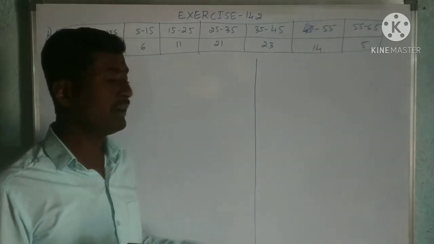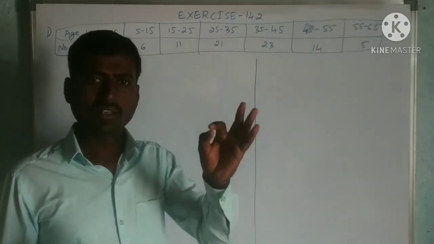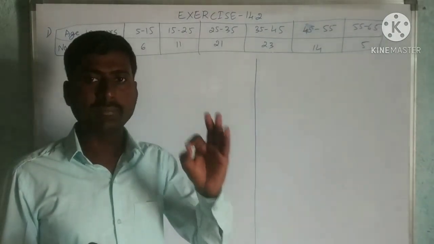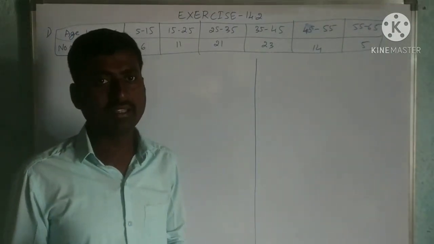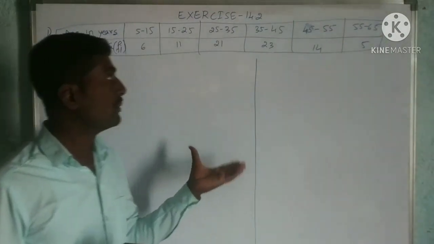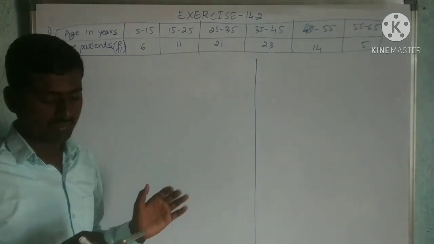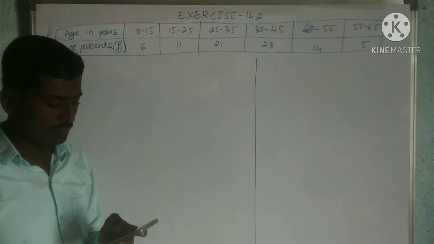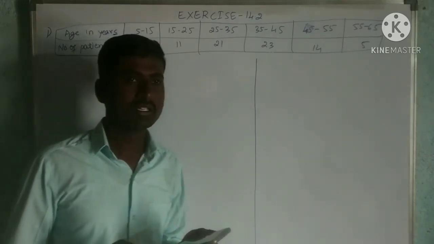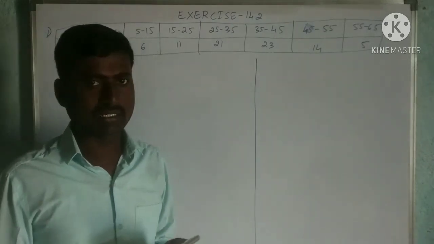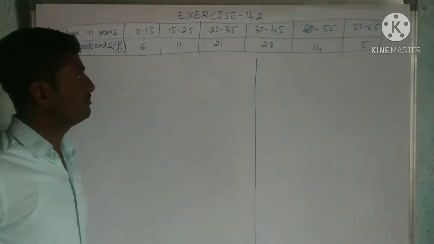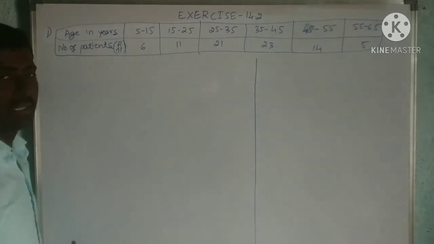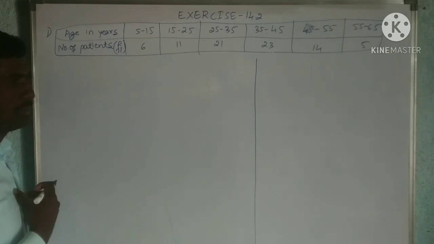We have to find the mode as well as the mean. Already we know how to find the mean from the last exercise. So first we shall find the mode for the given data. Then they said to compare and interpret the two measures of central tendency. We can discuss that afterwards. Now first we shall find the mode. How to find a mode?